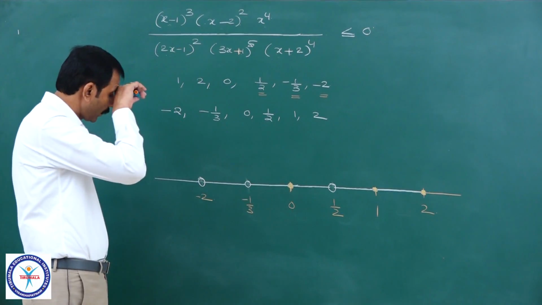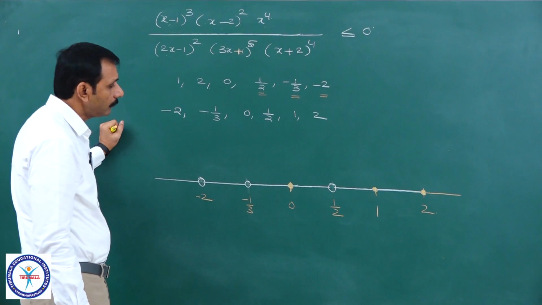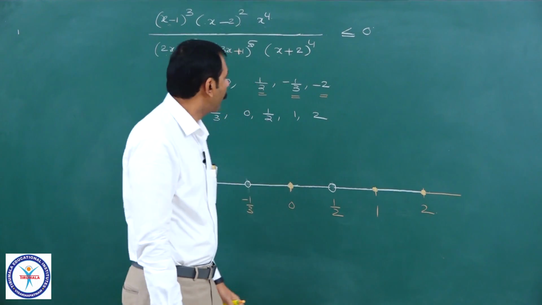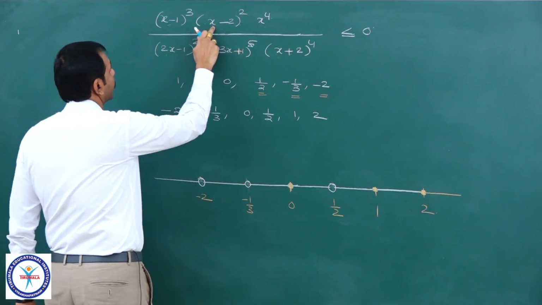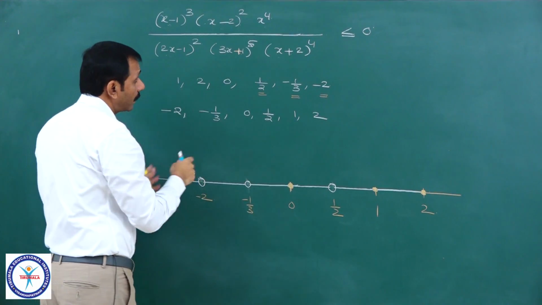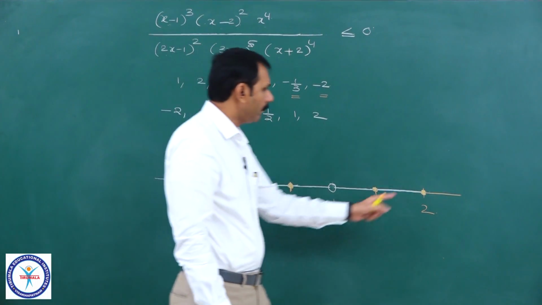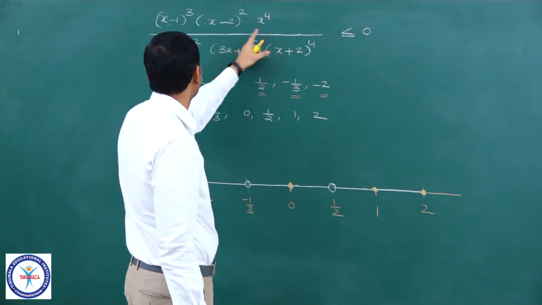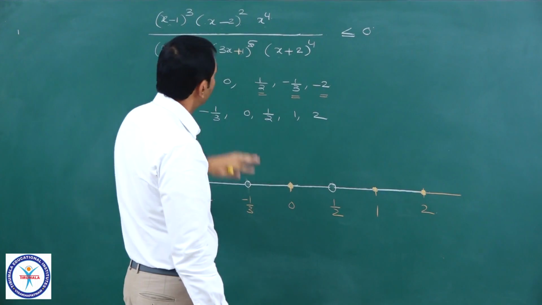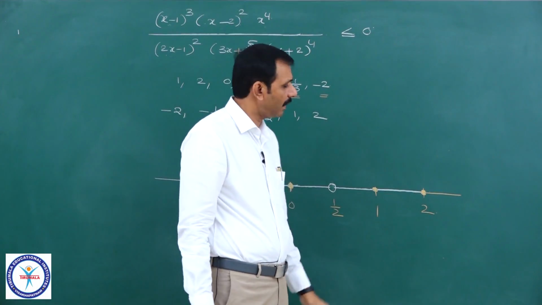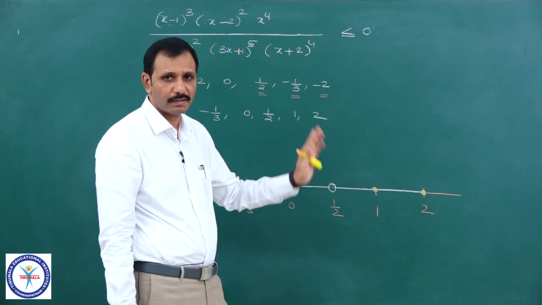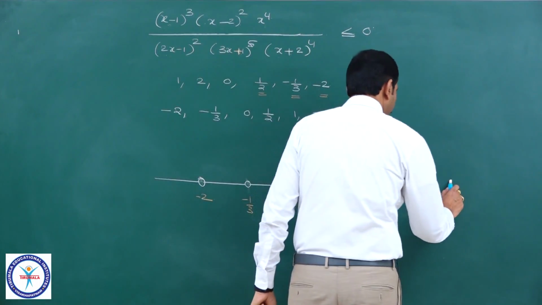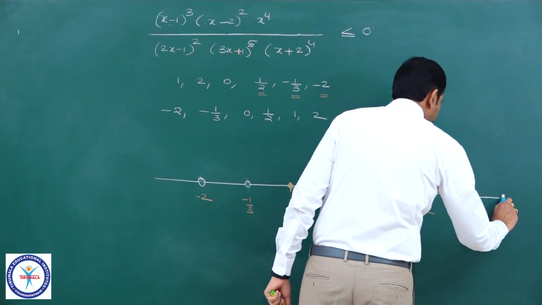And now observe this. Extreme right is always positive. Why? Because we have written in the form x minus alpha, x minus beta, x minus gamma and so on. Whatever value you substitute at extreme right, suppose you take 3, 3 minus 1 is positive, positive, positive, positive, positive, positive, therefore positive by positive means it is positive only. That discussion in detail we have already done in previous problems. Therefore, extreme right it is positive. There is no problem with this.